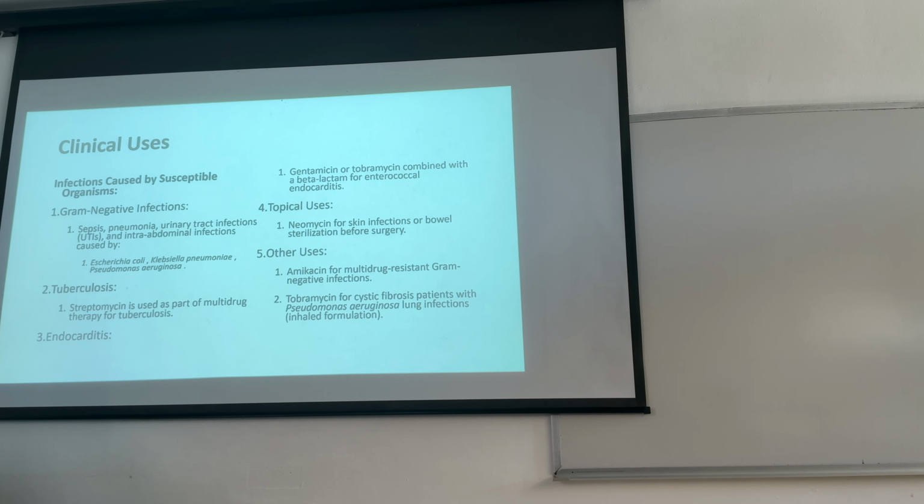Then the other one is tobramycin. Why tobramycin? Because it's one of the only aminoglycosides which is orally inhaled and given to patients with cystic fibrosis to decrease the severity and frequency of pneumonia. Patients with cystic fibrosis tend to develop